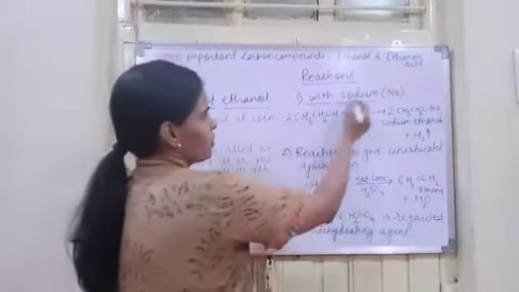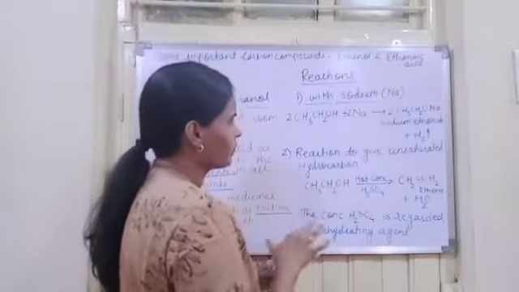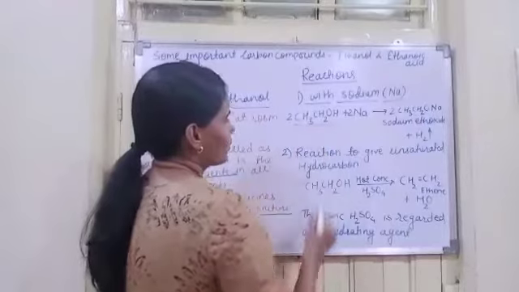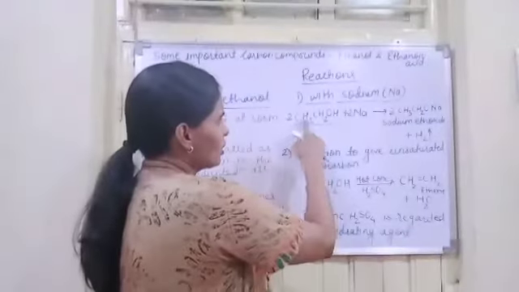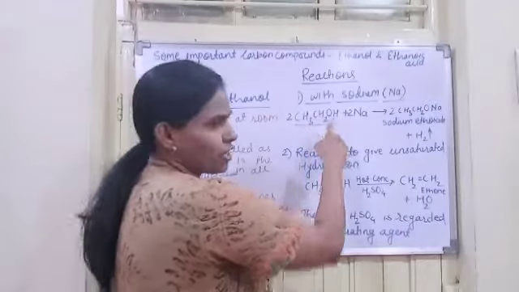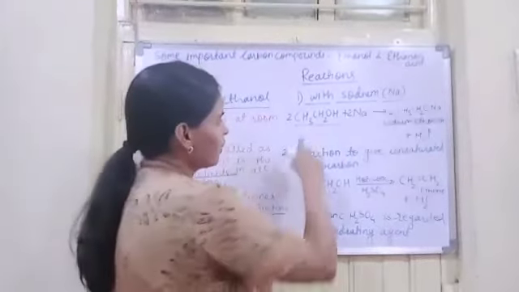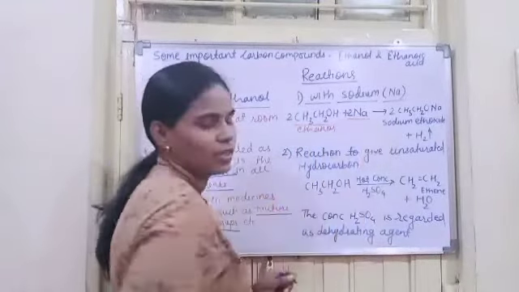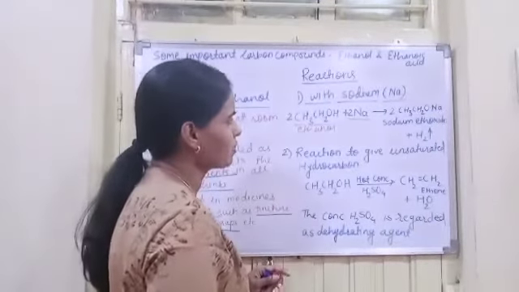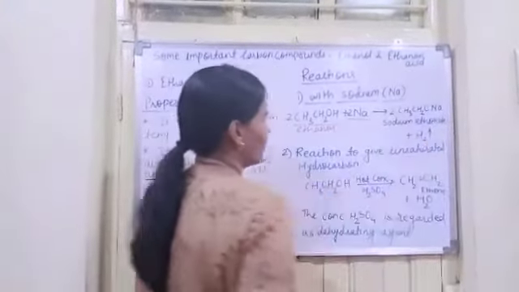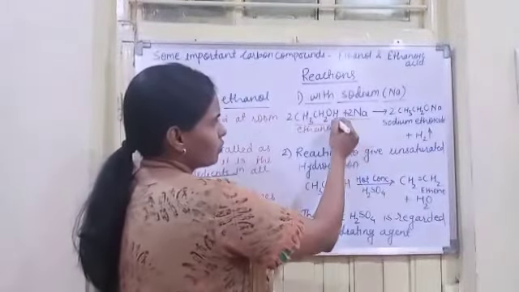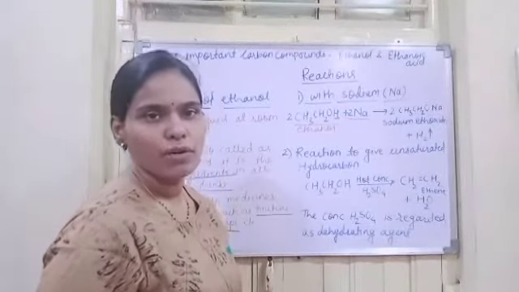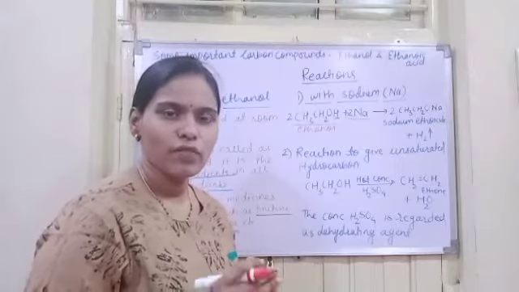Now the first reaction is with sodium. The symbol of sodium is Na. Now here, when ethanol, that is CH3CH2OH, molecular formula C2H5OH, with the OH functional group, which means it is alcohol, is treated with sodium metal, it gives sodium ethoxide. Now look at the reaction. Here both hydrogen and sodium are monovalent. What are monovalent? Those whose valence is 1.